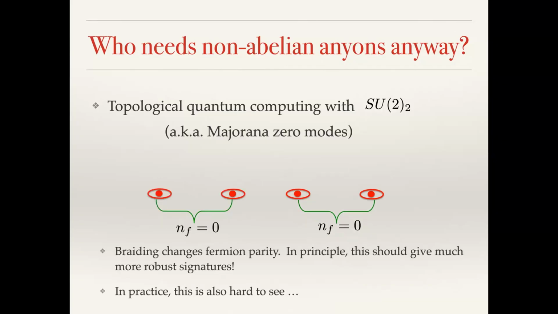Okay. And then, in this case, just like in the SU(2) group example that I showed you, it turns out that if I take two pairs of these and I braid one around the other, I switch the fermion parity of both of these guys. And so in principle, this could give you a kind of robust braiding signature that would be easy to see in experiments. In practice, there's a long saga. This also has been hard to see, I think mostly for materials-related reasons rather than the intrinsic reasons as for the abelian states. Okay,